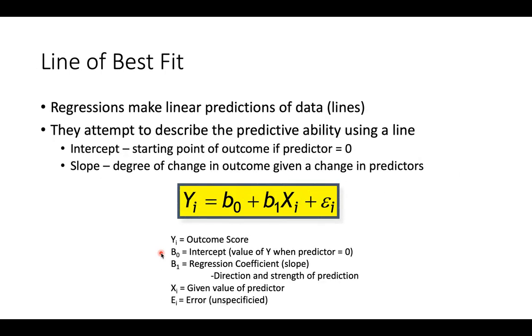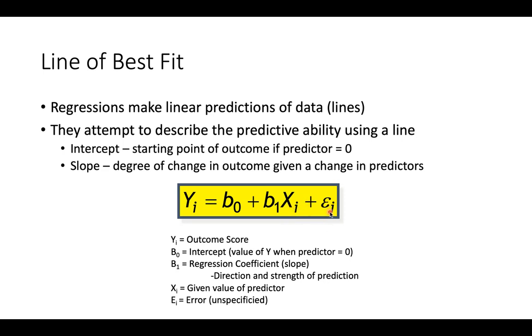So the line of best fit. You can see in yellow an algebraic formula for a line. This is basically just your y equals mx plus b, where y is our outcome, all right, our variable of outcome interest. B is our intercept of our model line when y equals 0, plus our regression coefficient, which is essentially the slope of our line, times x, which is the given value of our predictor,